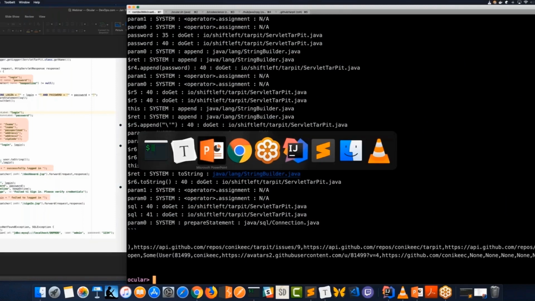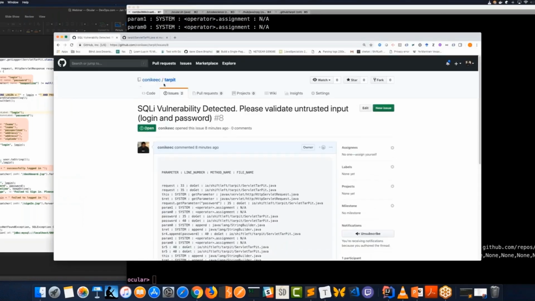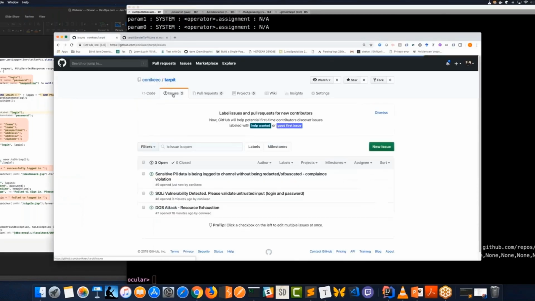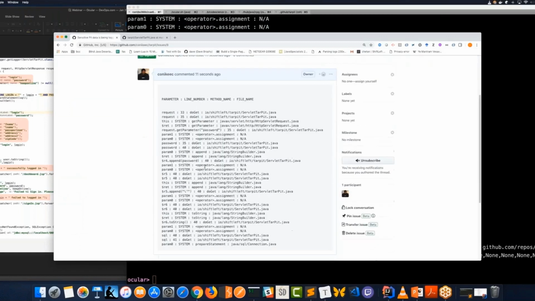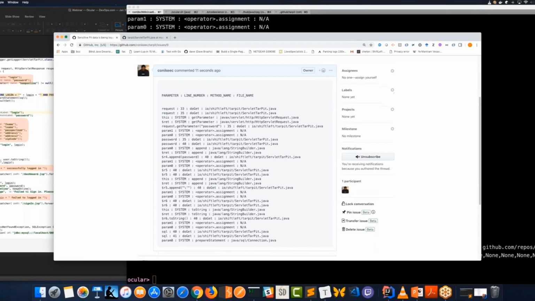So let's traverse back to our GitHub link. We have only 2 issues, and since I created, there is a 3rd issue being created with sufficient data of the flow trace with line numbers so that the engineer can identify the context of conveyance and takes appropriate steps to triage and